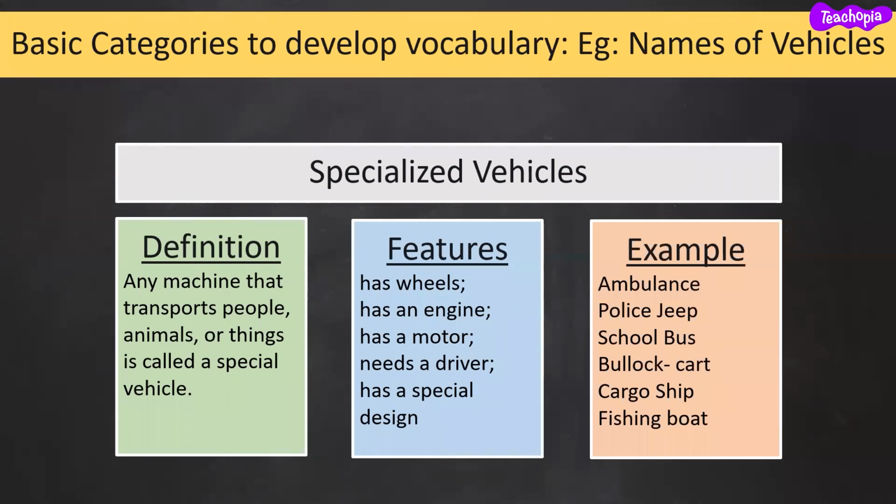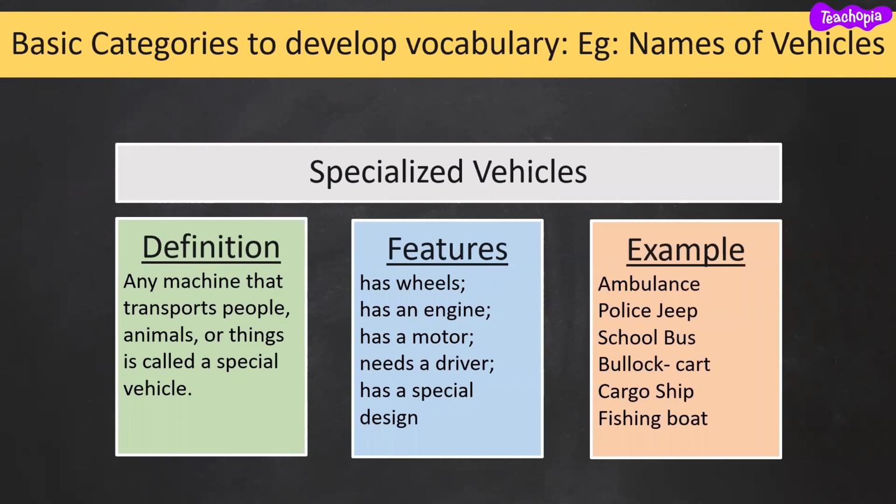in the definition. Then we have features. So features, we have has wheels, has an engine, has a motor, needs a driver, has a special design. So these are some features. And as some of you have rightly given a lot of input, you can continue to add a lot of features to your features category. And then examples of specialized vehicles: ambulance, police jeep, school bus, bullock cart, cargo ship, fishing boat, and so on and